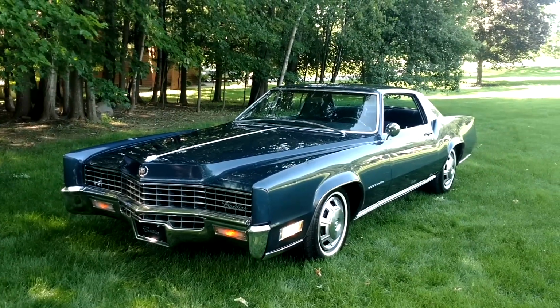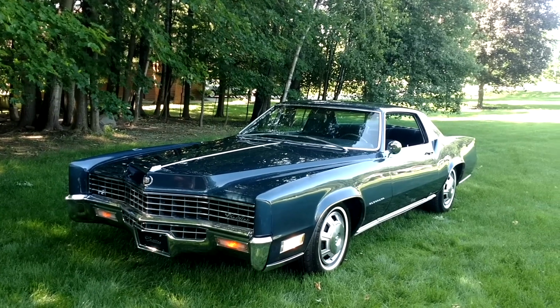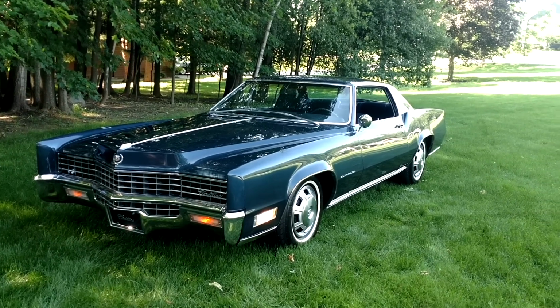And I hope I've rattled on enough about this car. Let me see if I can recap very quickly for you. 1967 Cadillac Eldorado, pretty much loaded out. Code 90, which comes back to Atlantis